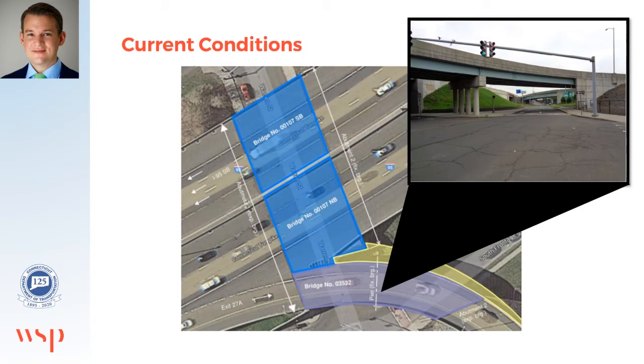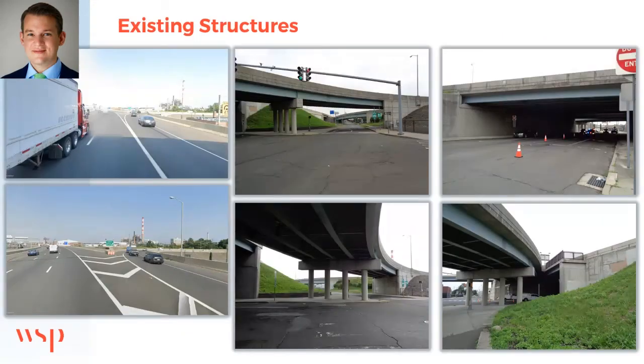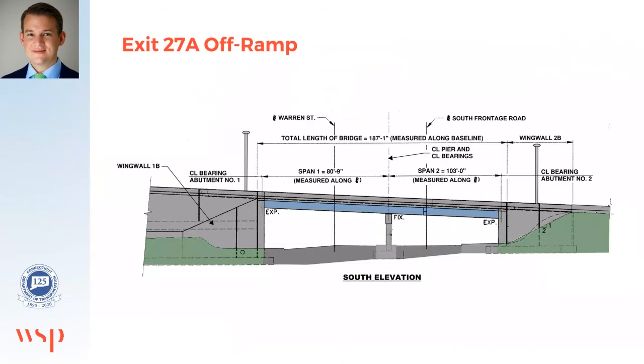Now taking a closer look at the existing structures. Shown here on the left is I-95 northbound up top, right before you get off exit 27A to Route 8 northbound. Shown in the center is Bridge 3532, which will be widened as part of this project, and that carries exit 27A. And then shown on the right is I-95, which is Bridge 107. Shown in the bottom right is a view of both structures, Bridge 107 to the right and Bridge 3532 to the left. Here we have an elevation view of the exit 27A off-ramp. This is the existing structure. It should be noted that from the view down on South Frontage Road, the structure will basically look the same